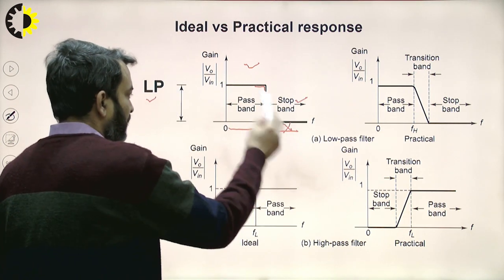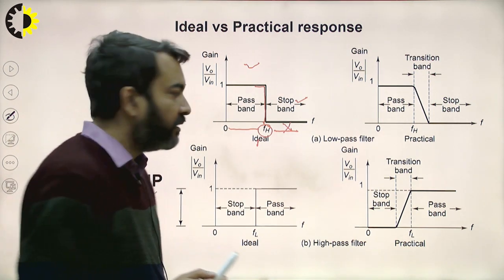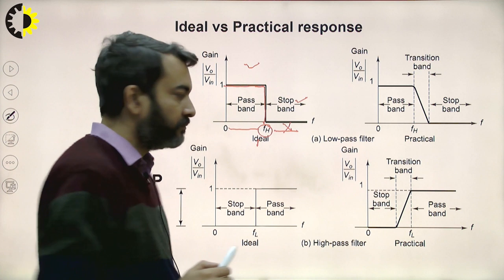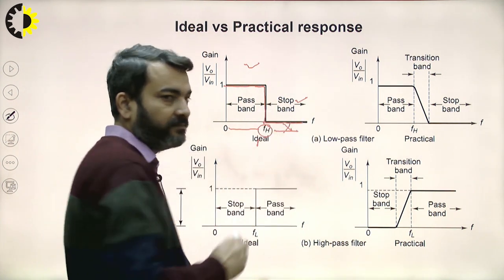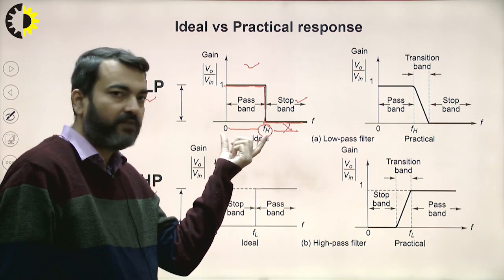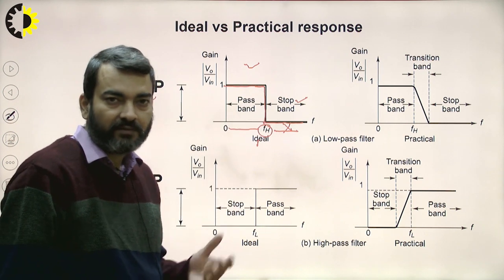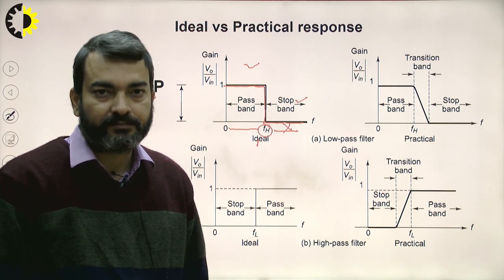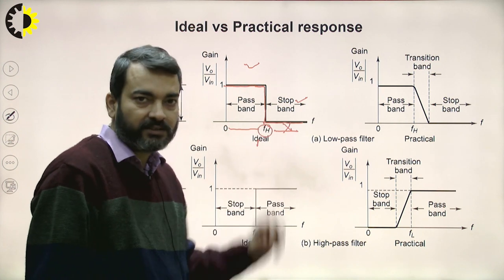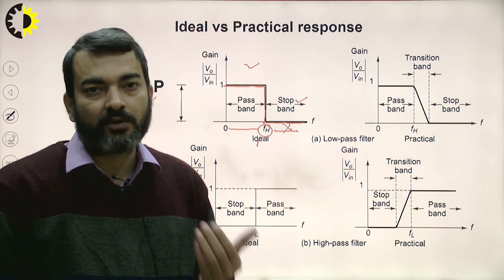So this is the gain versus frequency plot. If we see, ideally what is required? Ideally we need constant gain in pass band and zero gain in stop band. So we will say all the frequency components ranging from 0 to FH must be passed through a constant gain, whichever gain we have taken. In the present case we have taken unity. And all the frequency components higher than FH must be perfectly attenuated, or we will say should be processed with gain of 0.